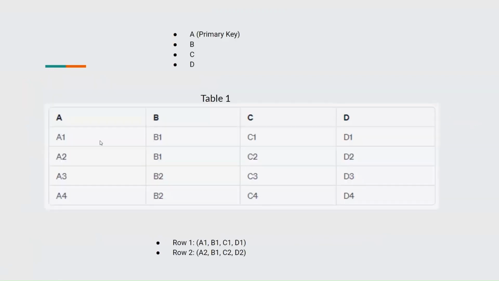To understand the multi-value dependency, consider a table named table 1 with the following attributes: A, B, C, and D, where A is the primary key. Here we have a multi-value dependency between attribute sets BC and BD. For every combination of B values, we have a set of associated C values that is independent of the associated set of D values. In other words, if we have two rows in the table, that is row 1,